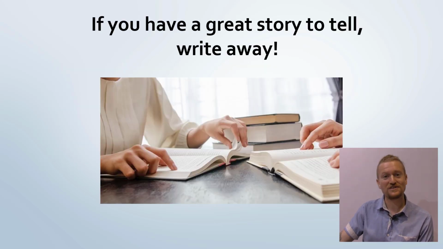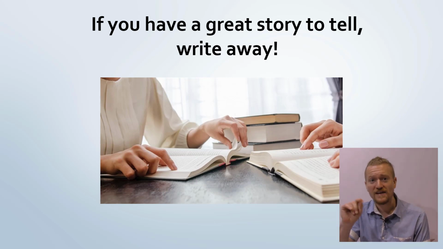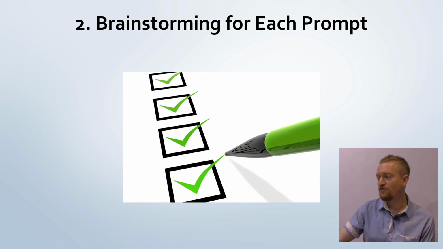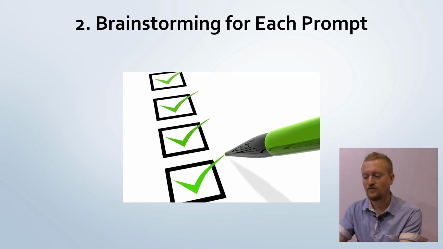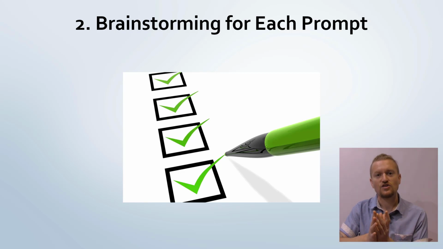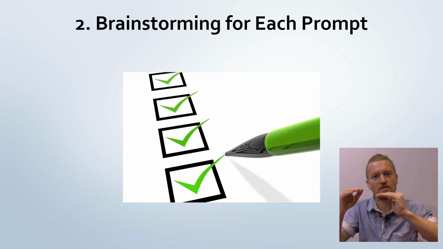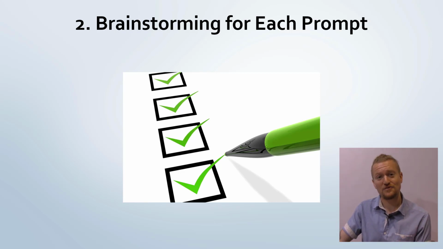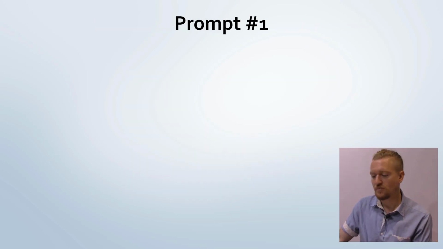So if you have a great story to tell, just start writing. And the best way is to write down the details of the event. You don't have to write in long form before you draft your essay. And so before brainstorming for the prompt, if you're going to write your entire essay, you can look at each individual prompt and tell which prompt would be perfect for your essay, because you do have to choose one of the 7 prompts. So the second way in which you can approach these prompts is to brainstorm for each individual prompt. So let's look at prompt number 1.